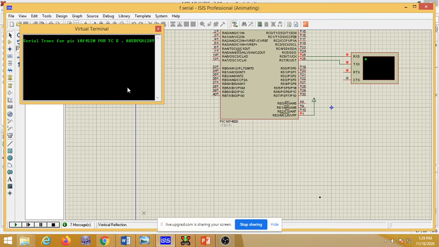In this fashion, whatever data is transmitted by the keyboard of the PC is received by the 18F4520.